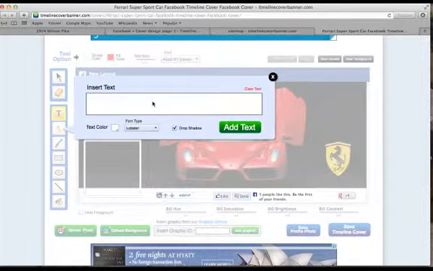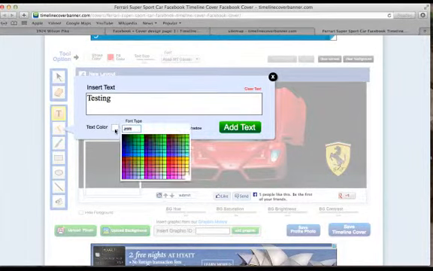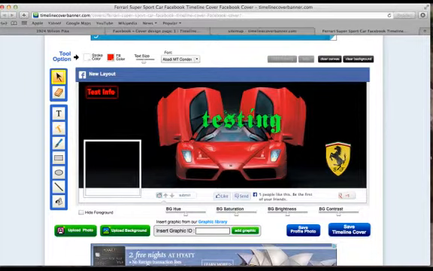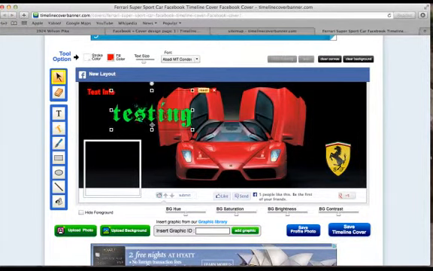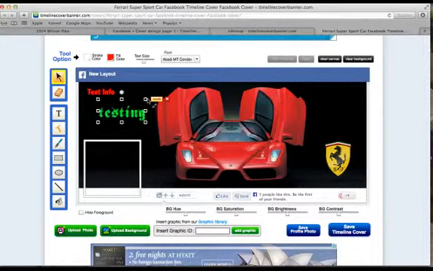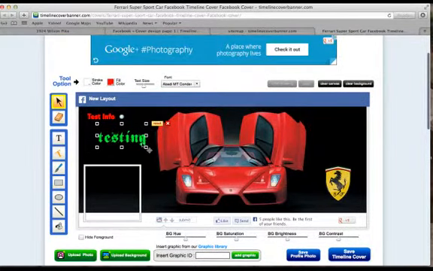You can insert different text, and you can have different fonts, different colors. Let's choose this one, green. And so this testing pops up over here, and we say, well, I don't like it there, I want it here. You can resize it, things of that nature. So once you get done with your banner, then